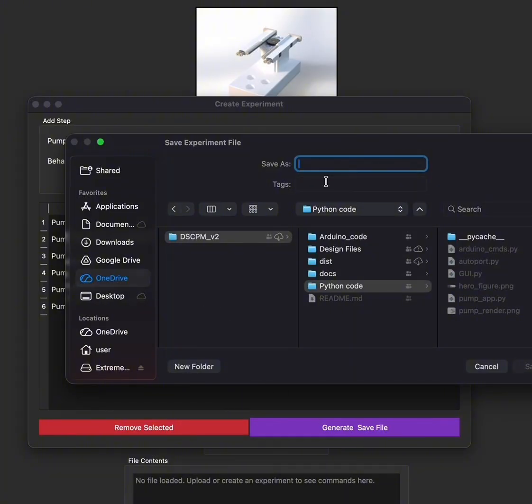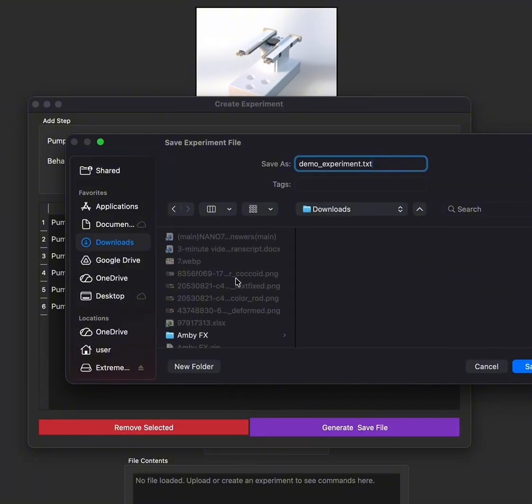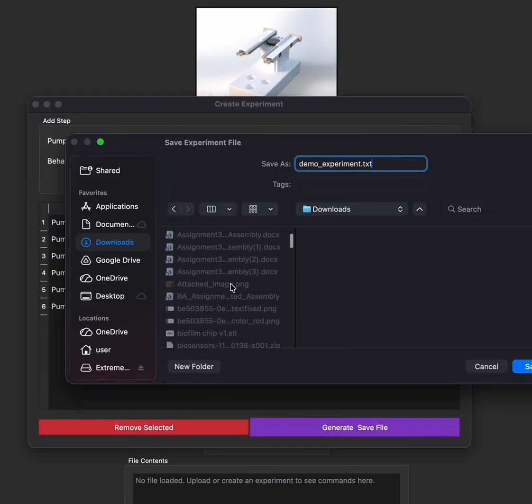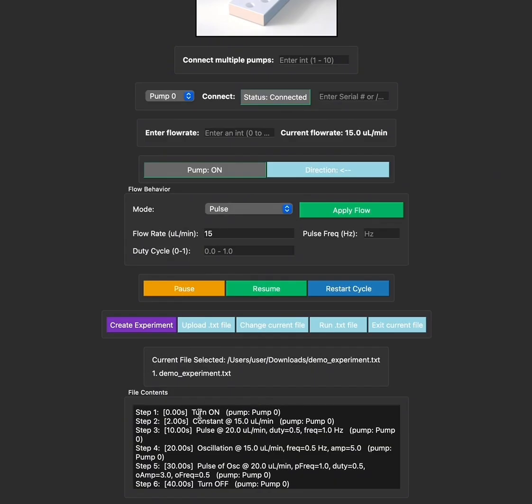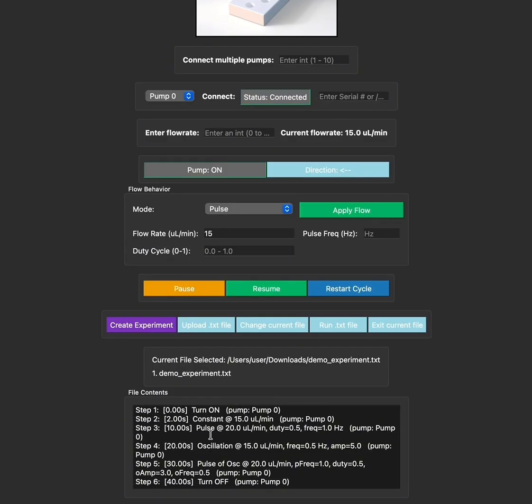You can save it as demo experiment.txt, right. You can save it into any folder, basically. So now once this is done, we can see in the file context mode here the different steps that you have created. The instructions and commands that you are going to send to the microcontroller have been defined here,